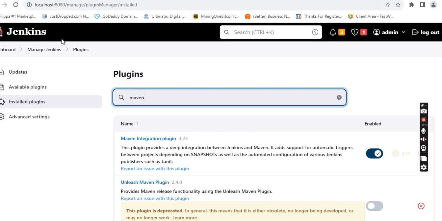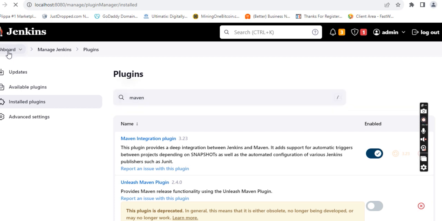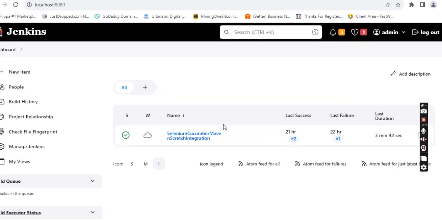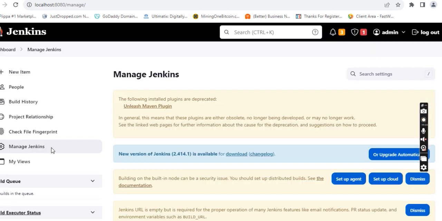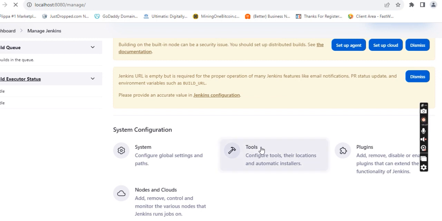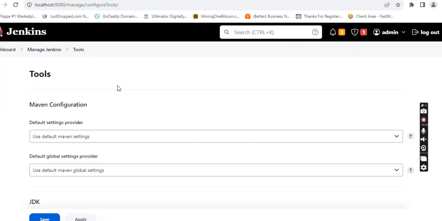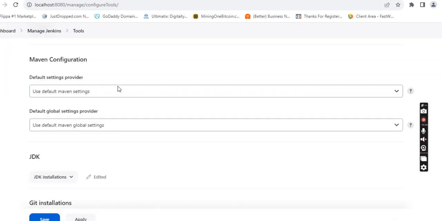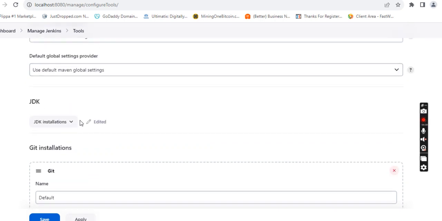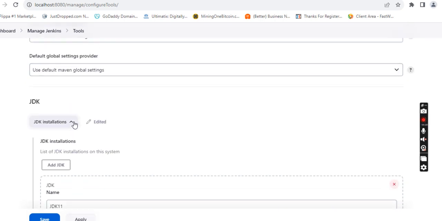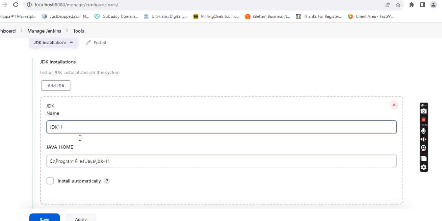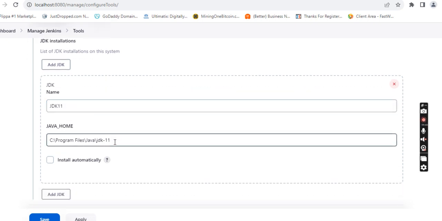Okay. And one more setting you need to do before executing our build, otherwise it will give some errors. Again go to Manage Jenkins and go to Tools. Here we need to integrate the Java runtime JDK file and Maven. You can see here this is the JDK integration. I will give JDK 11 and the path of the JDK 11 which is present